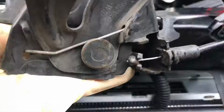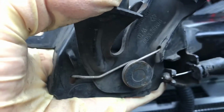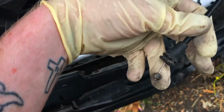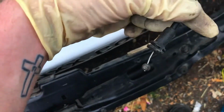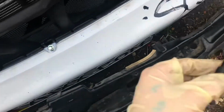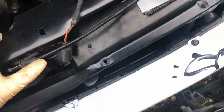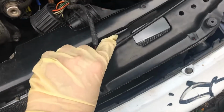Alright, so once you get the hood latch out, this backing plate thing can just generally slide away. You can get that little ball end out of that slot right there. Yeah, that takes two hands. So this little ball end slides into that little clasp in there, and then this plastic part slides into another piece. Now, if your car hasn't been messed with, the hood cable will come out here, and you'll have